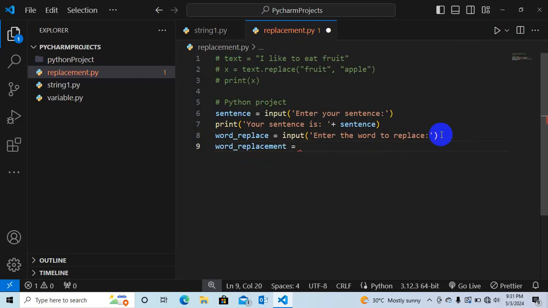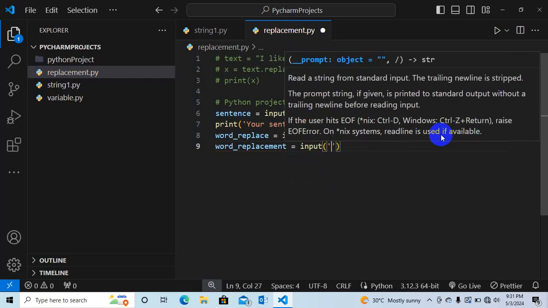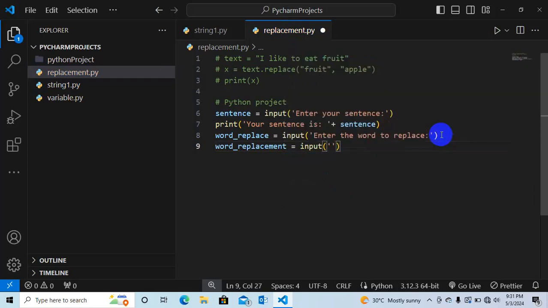The next one is input, and we'll say, enter the word to be replaced with.